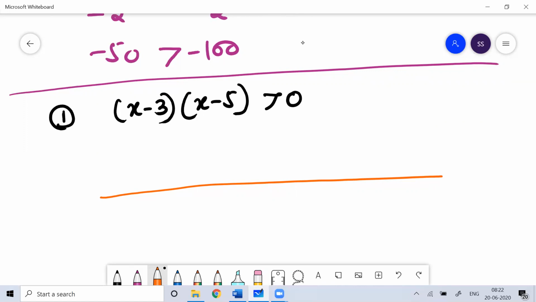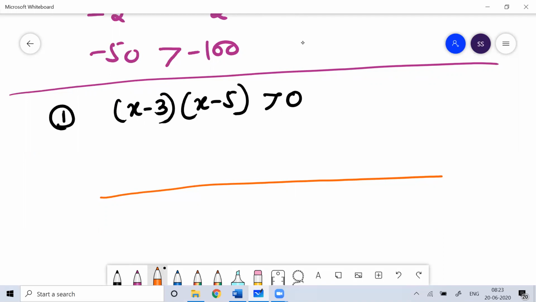Because this is a problem of inequality, it's not a problem of linear equation which you can solve very easily. In order to work on the inequalities, we have to find out the range of values that x can accept. So while looking for this range of values, I'll draw the number line, and then I'll determine the critical points.